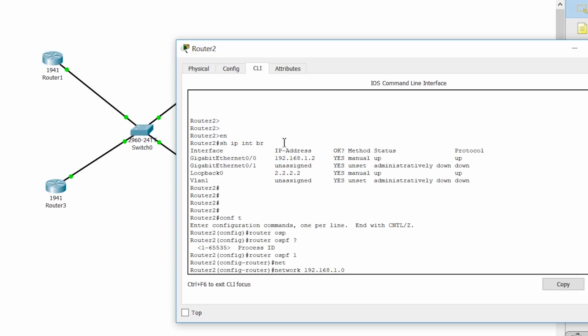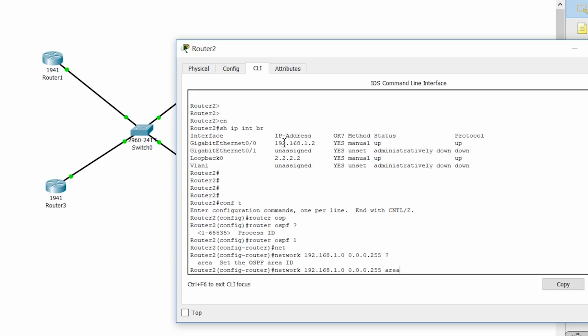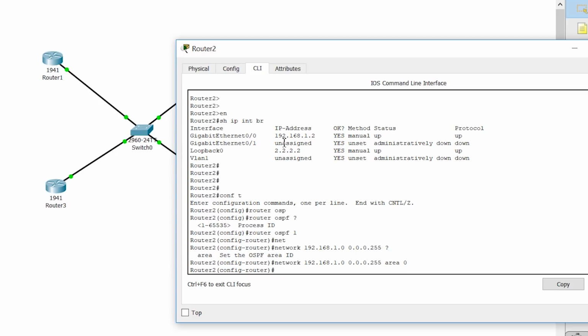192.168.1.0. We're giving the network 0.0.0.255, right? After you do that, you need to give an area, and since we are doing single area, and as you know, every OSPF route has to have area 0 because that's the backbone area, right? If I had multiple area, I need to have one area as 0, and we could have some other area as well. But since this is single area, it has to be area 0. We also should advertise the loopback. So network